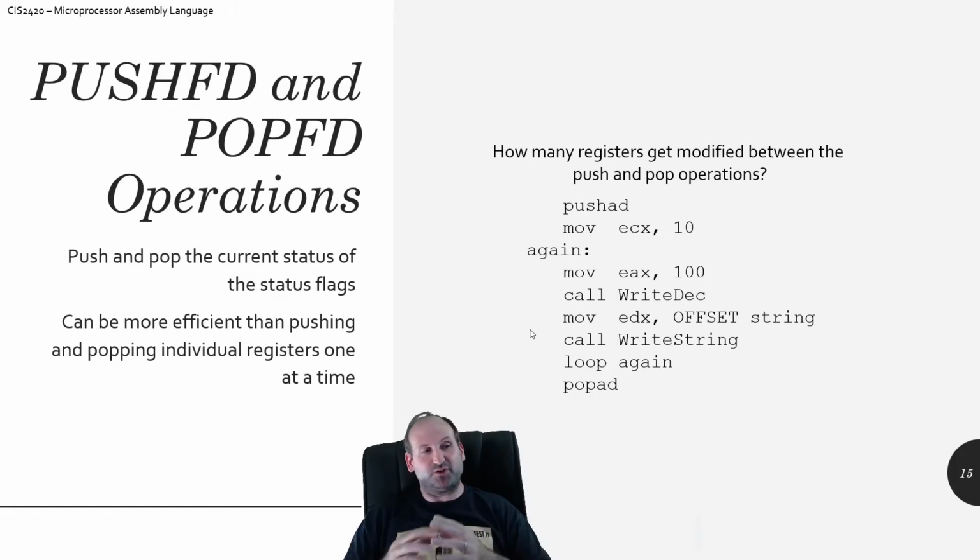Okay, so push FD and pop FD, and so now we can start pushing. If we can push registers, we can actually start pushing flags as well. And luckily for us, we don't worry about this too much. We will see in this chapter and later on that our contract, especially when we set up a function, is that we have to make sure we put everything back to how it was before we finish up. Basically, however the workspace was when we walk into the room is how we have to leave it, because